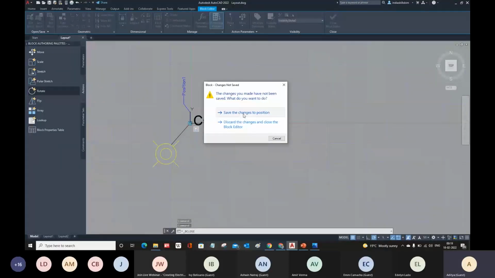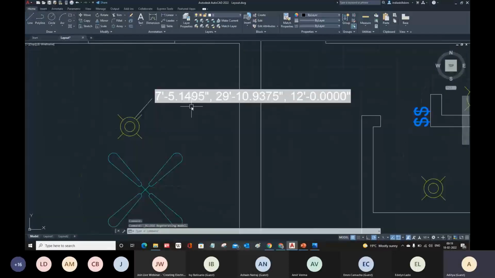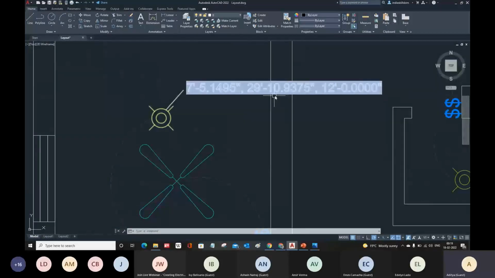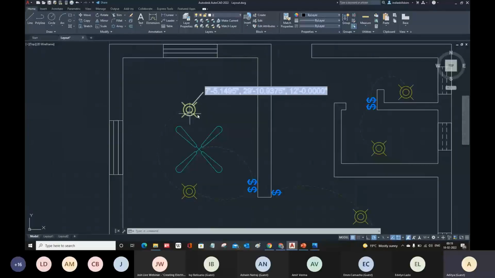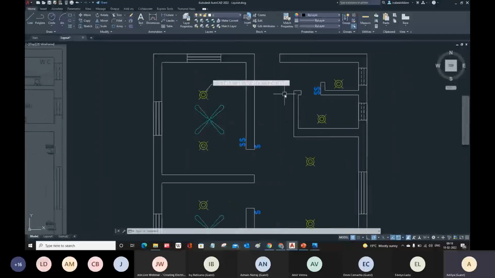There you go. It will automatically give you the exact coordinate of this item here. Which will give you the correct data of this bulb. So in x-axis, this is 7 feet, 5 something inches, 29 feet, and 10 inches in y, and in z, this is 12 feet. And this is up to 4 decimal places. Again, you can specify that while creating the block, right? And while specifying the attributes, there you had this option.